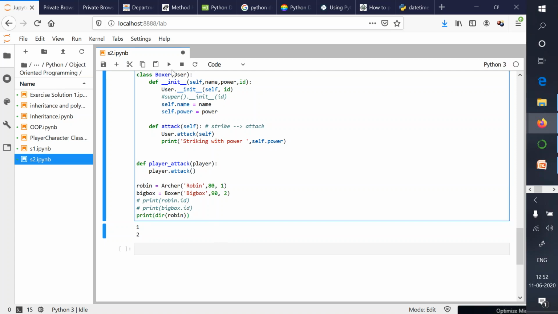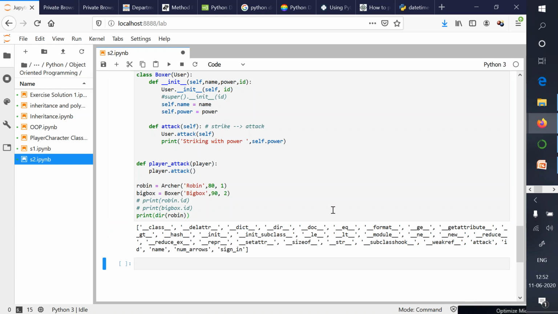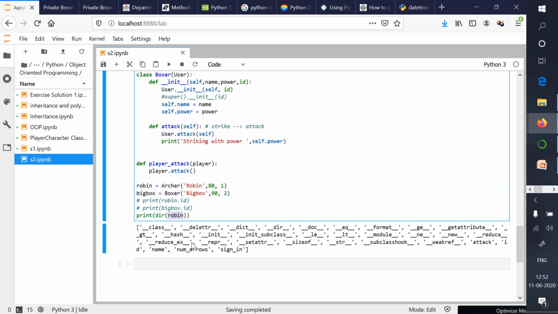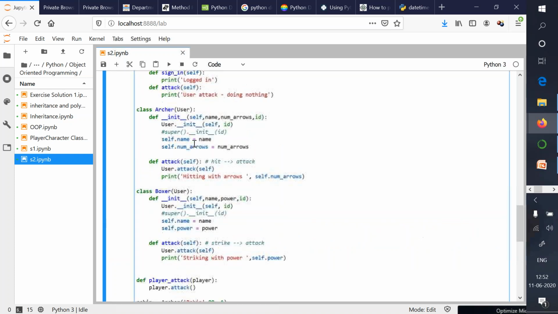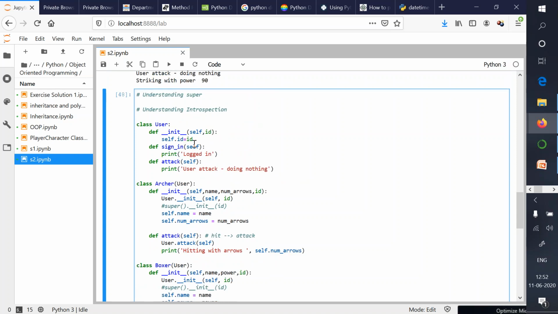If you try to execute this statement, you will get an output like this. This output is listing all the methods that are accessible via this object, and also the variables and methods which this object can access and which you have specified while defining those classes.